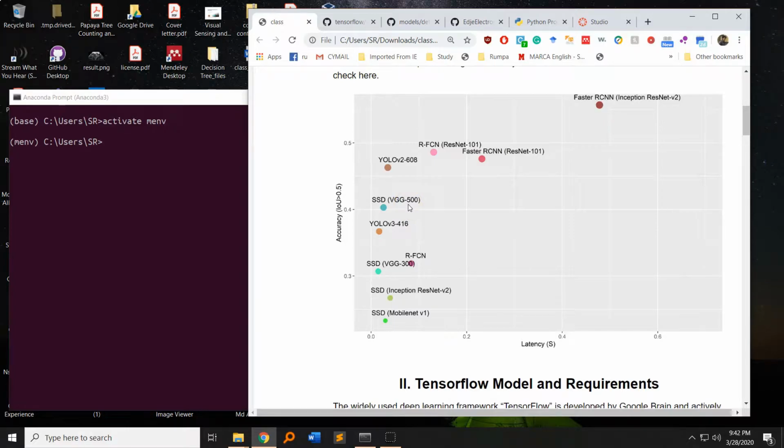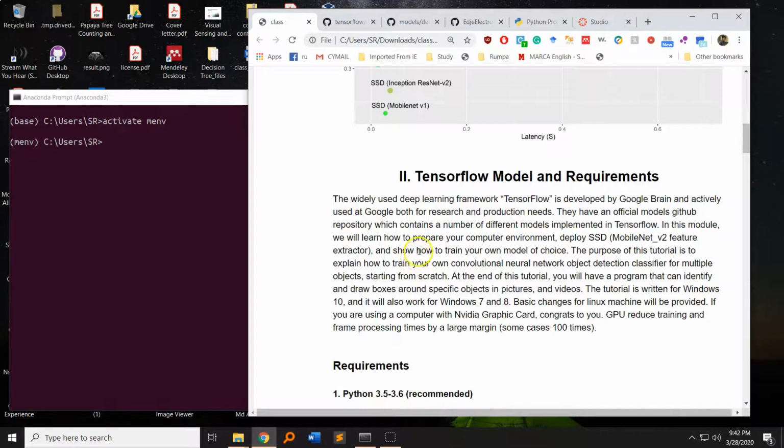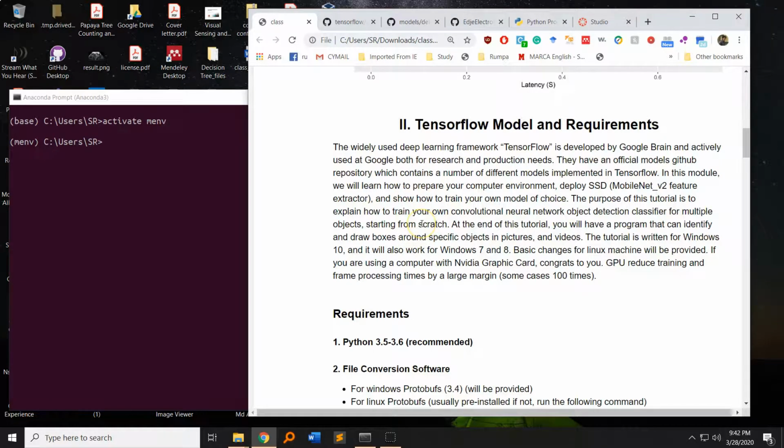For this lecture, we're gonna implement one model that's called MobileNet, SSD MobileNet, and we'll deploy that, and we'll try to find the result. So